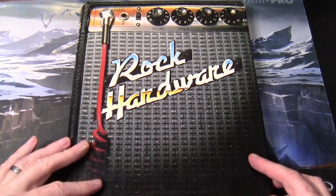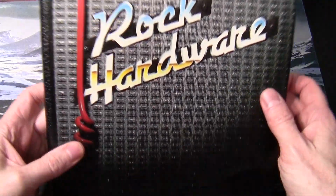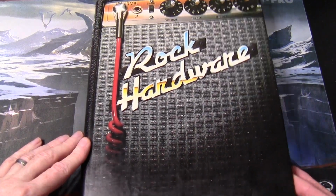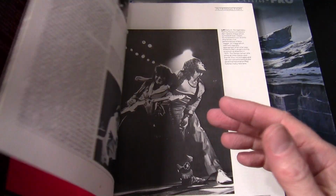So you can see it's managed to retain its outer dust jacket anyway. Yeah, so definitely a book I should take back off the shelf again and have a nice read over